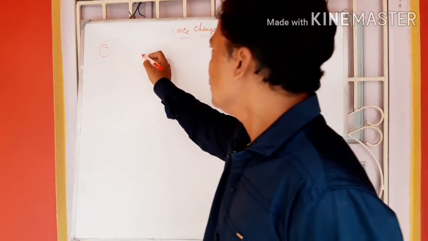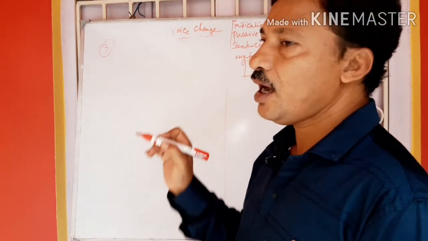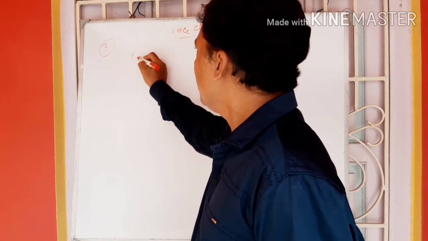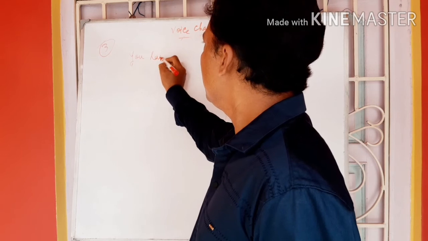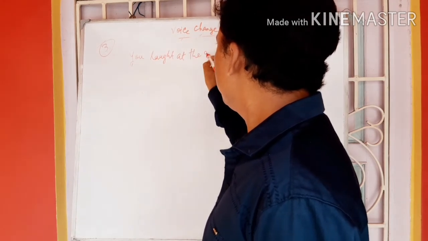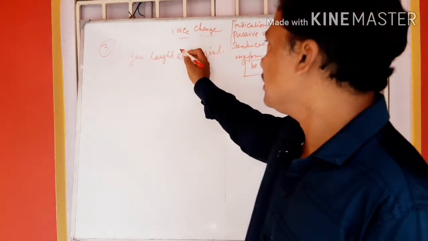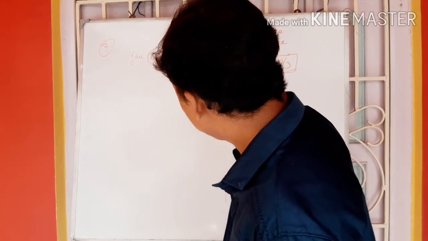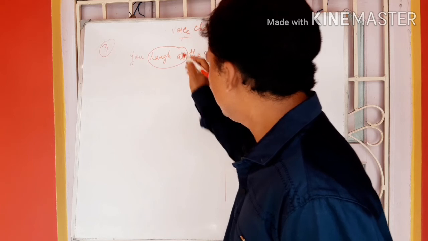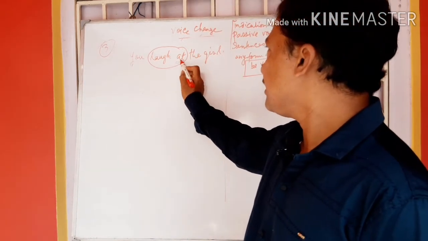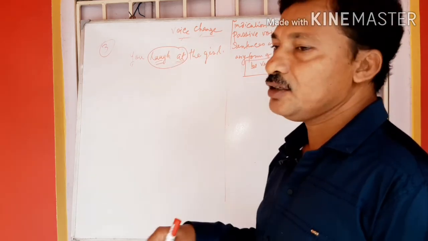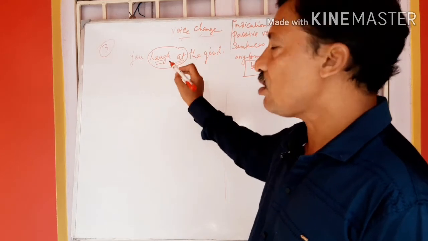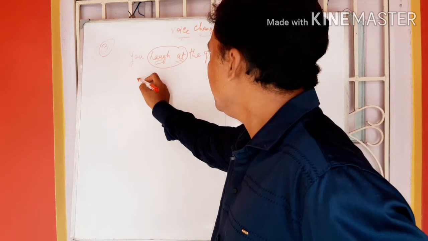Third one, while using a phrasal verb, we have to give justice to the preposition with the phrasal verb. You laugh at the girl. Here the preposition that is attached with this one is called a phrasal verb. And while changing the voice from active to passive, we have to give justice to it because it is very important. And the change must be the girl